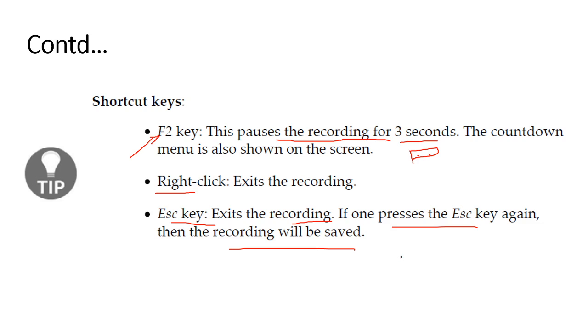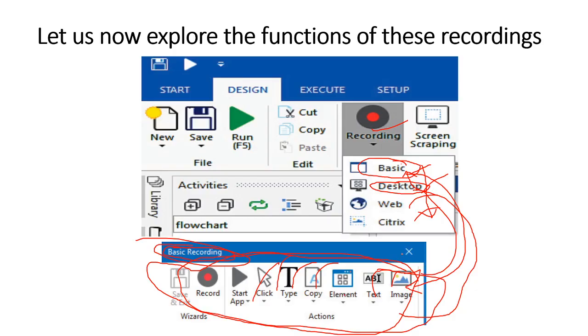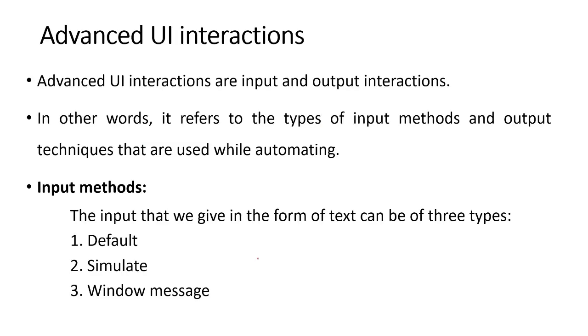So this is what about shortcut keys of UiPath Studio. And don't think that only these are the shortcut keys that will be provided by the UiPath Studio. There are many others, but as you go on, you will be familiar with them. So I have explained this environment, I mean how the user can go for recording, and particularly in recording how they can go for a particular type of recorder. And as you choose a particular type of recorder, the corresponding operations supported by the recording will be displayed in a separate window.